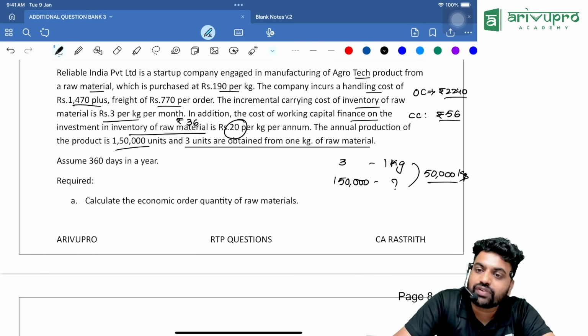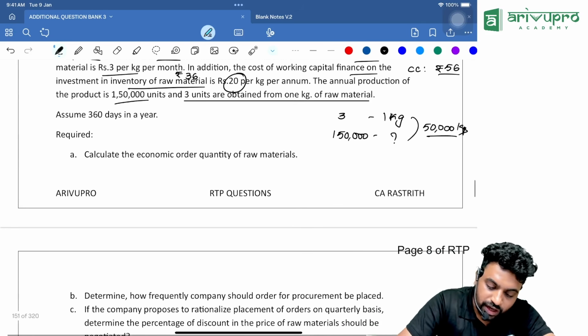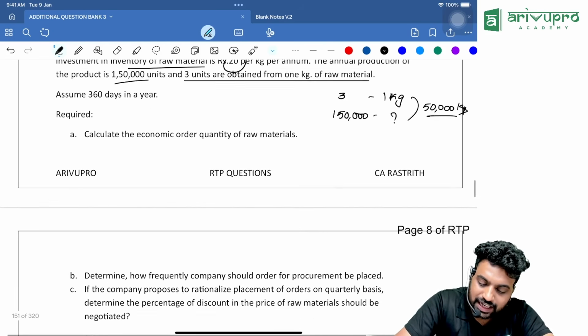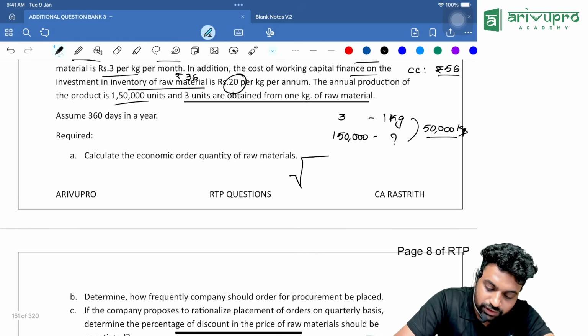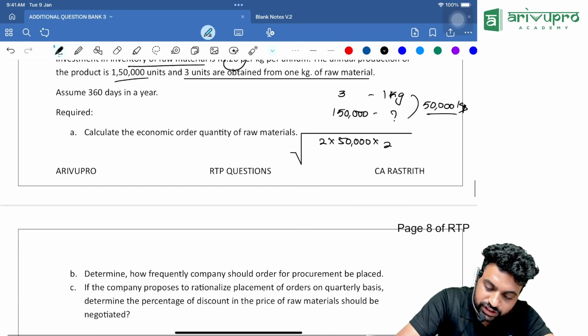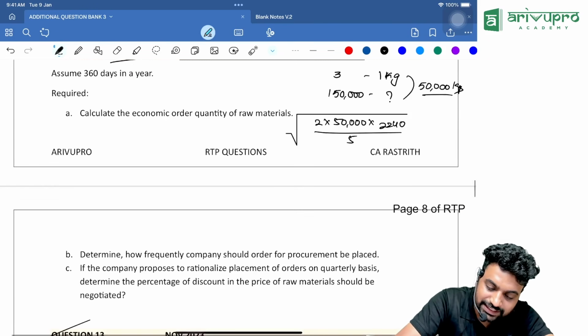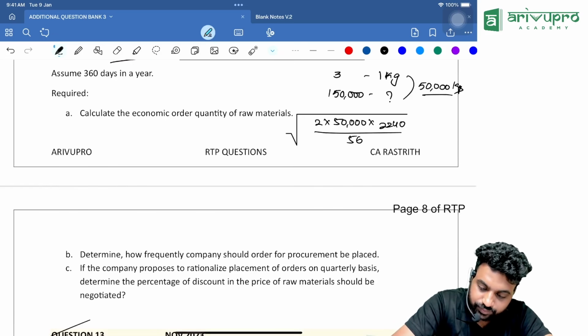Your annual requirement is 50,000 kgs. Now, calculate the EOQ they are asking. Very simple. Square root of 2 into 50,000 into ordering cost per order 2240 divided by carrying cost per unit per annum 56. EOQ is